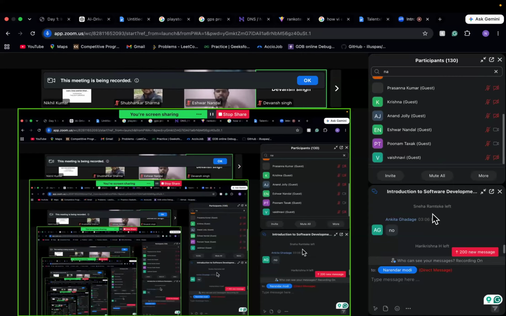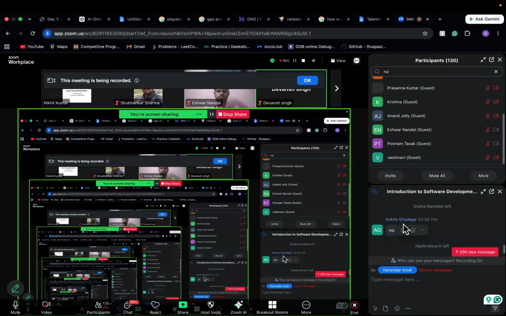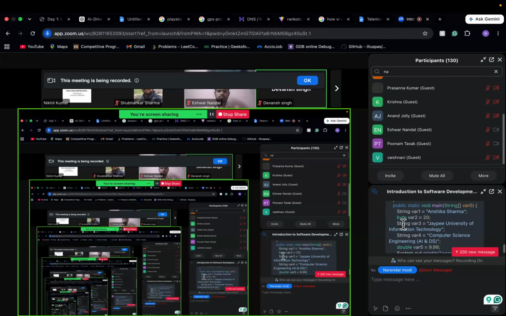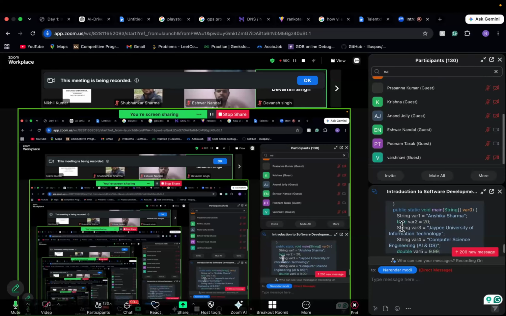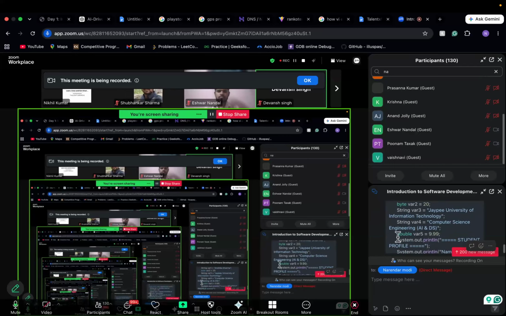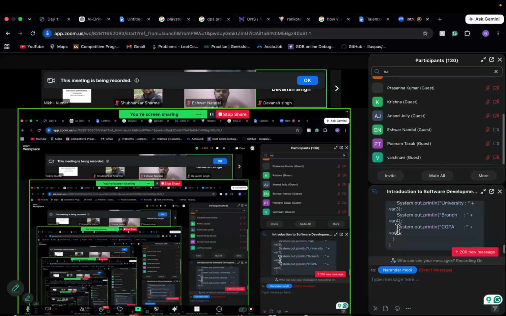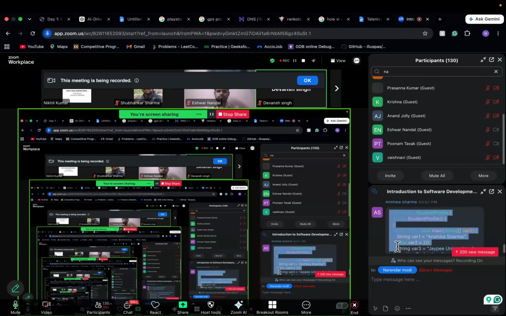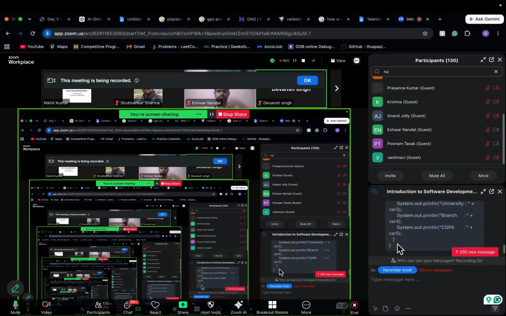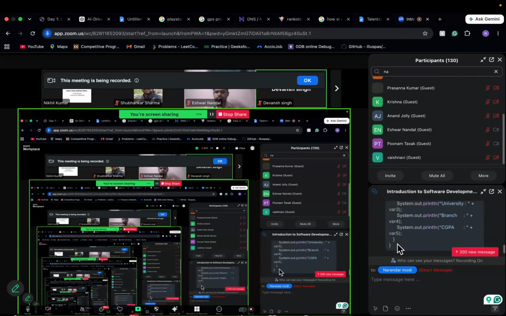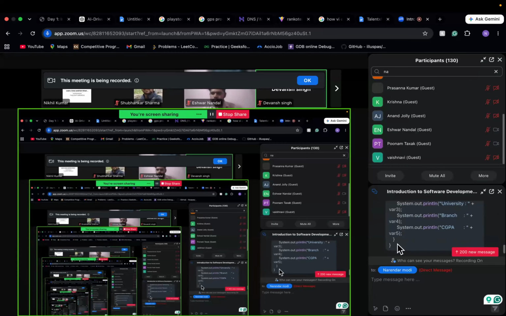So this is homework for everyone. This is an assignment you have to do. You have to write it like this and run it once in your terminal. So it will give you the output